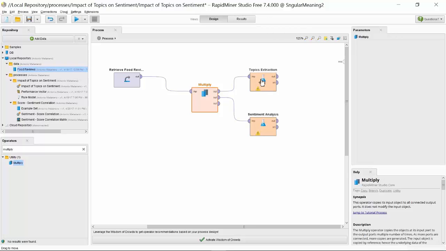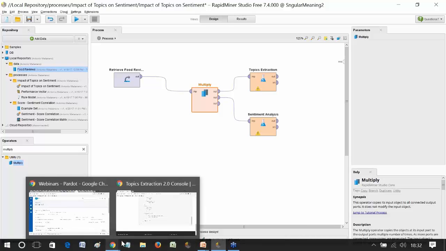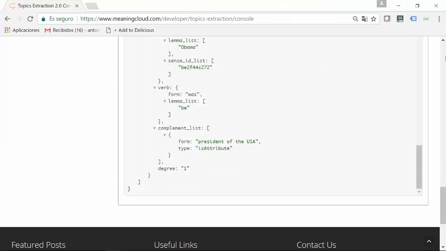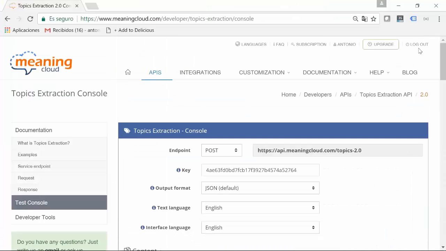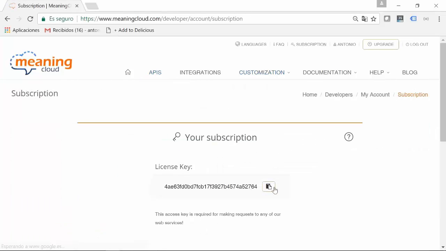What I need to do next is to configure my operators. To do so, I need to go again to my MeaningCloud account and fetch my license key, you see here.